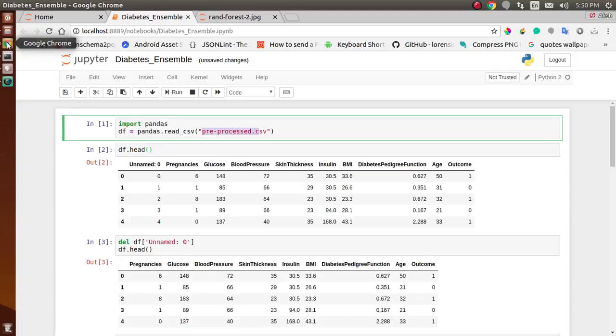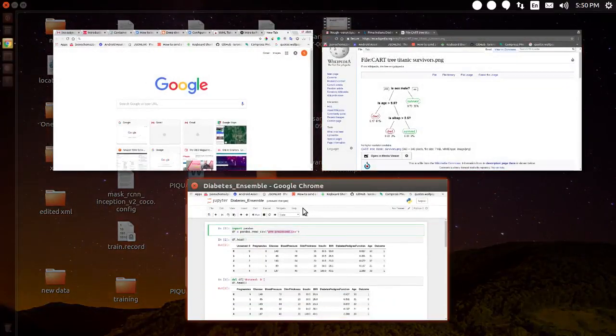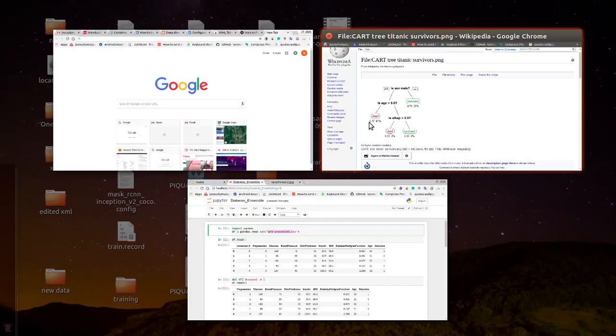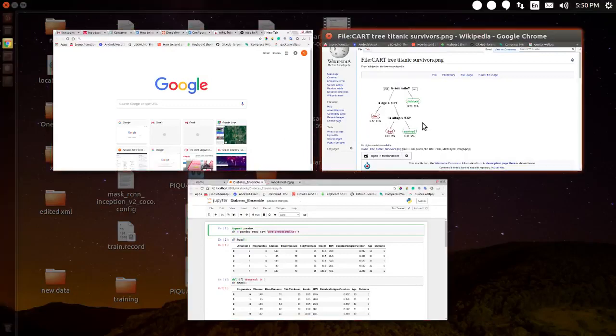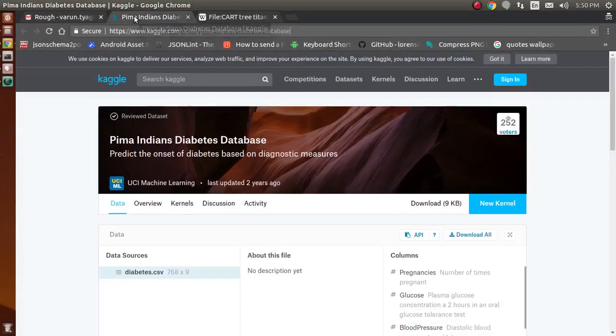you have to just go through the Kaggle website and you will find the data there. Let me show you the link. So here is the link of the site. So just enter this URL into your browser and you will get the data. Here is the CSV file, just download it and we pre-process the data.